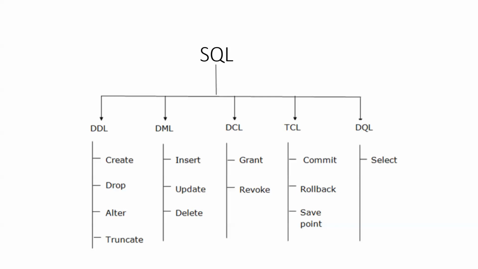So with DDL you can create a table. While creating a table, you need to think about the number of columns, the column names, and the column data types. You will be storing some data for each column, so what kind of data type should the column value be? The data type can be integer. Integer means a number